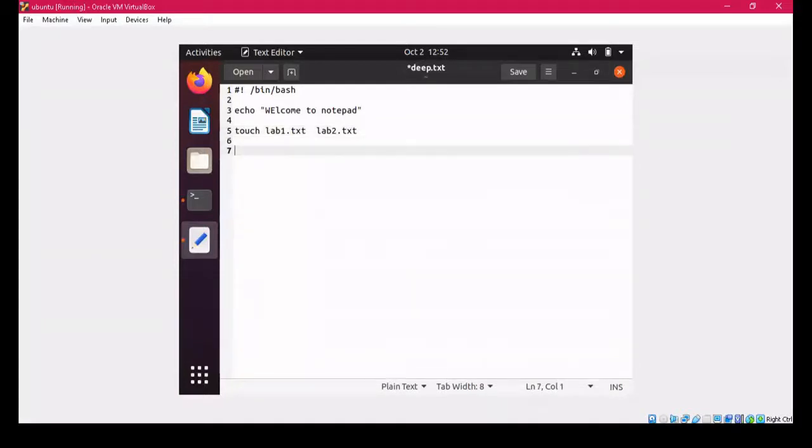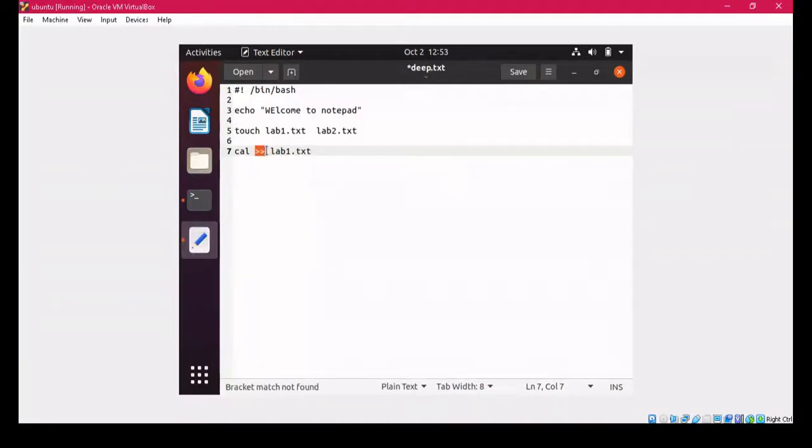After this I am going to write some content in lab1 as well as in lab2. For that I want to write the output of the command cal, and with this operator I can redirect the output of the cal command to lab1.txt. The cal command shows the calendar of the current month, which will be written in lab1.txt.